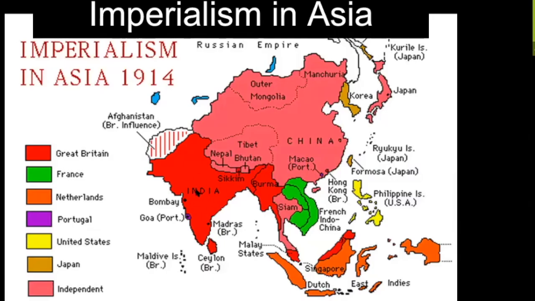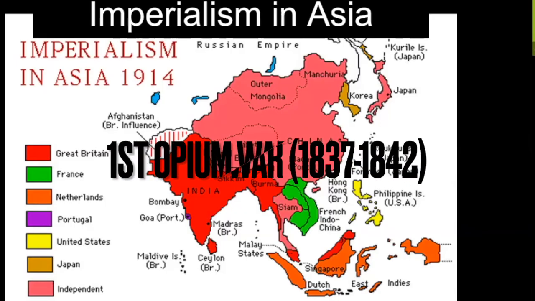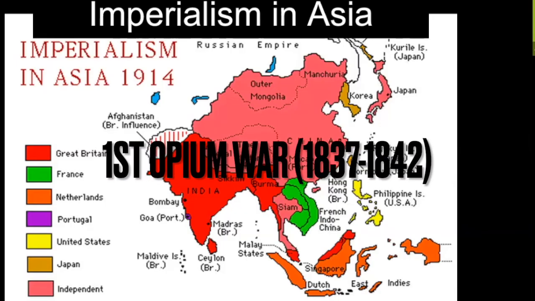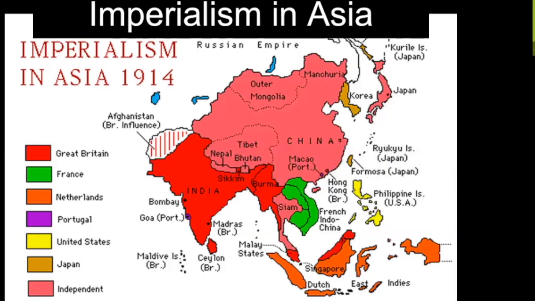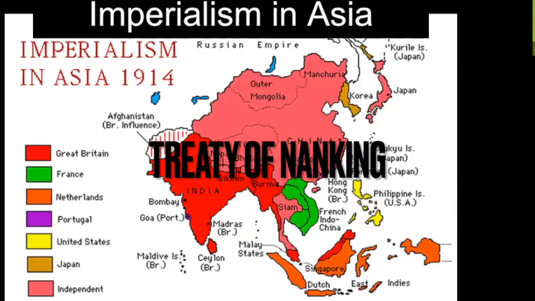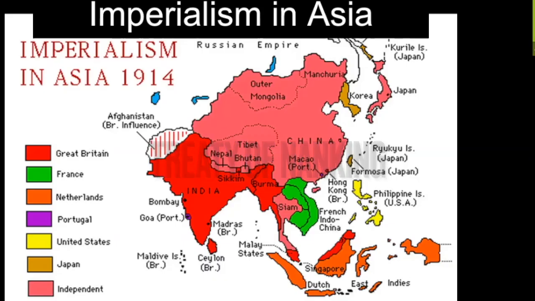Now, the Qing dynasty is going to have a problem with this. They're going to try to stop this drug trade, thus leading to the First Opium War in 1837. So the Chinese burnt the ships full of opium in their harbors, and so Britain is going to declare war in 1837. Now, at this point in time, Britain has the best navy in the world, and so they are going to win in this First Opium War. This is going to lead to the Treaty of Nanking in 1842. So the first war started in 1837, and then it's going to be ended in 1842.